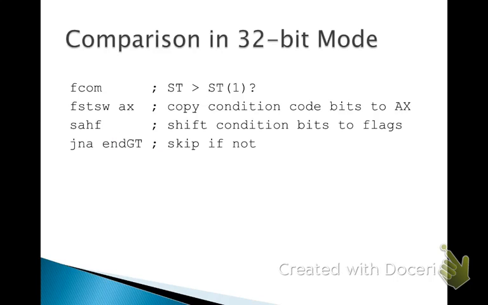Let's say we're comparing two values, ST and ST1. The bits C3, C2, C0 are set or cleared according to the result, but that's in the status word. So what I want to do is I want to store the status word into AX. Okay? At that point, they are in AX, same bit number. So if I look at the bits in AX,